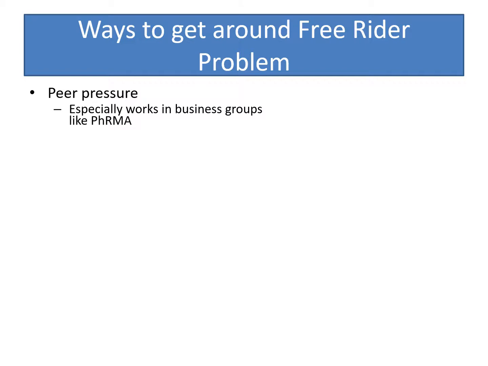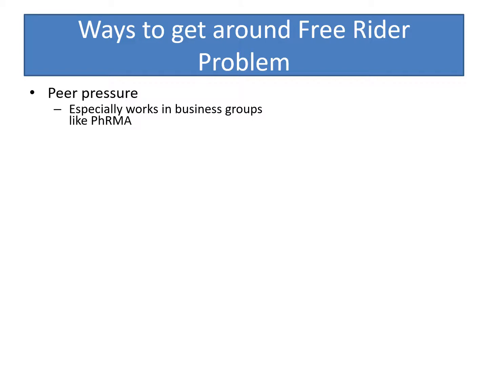One way that interest groups can get around the free rider problem is simply peer pressure. And the smaller the target audience, the easier it is to use peer pressure. So in a business group that is trying to represent a whole bunch of companies, but there aren't that many companies, like say PhRMA, an interest group that represents the pharmaceutical research companies in America, there aren't that many pharmaceutical companies. I don't actually know how many, but there aren't a lot, not nearly as many as there are people who like clean air. So let's say, just for sake of argument, that there are 15 pharmaceutical companies in the